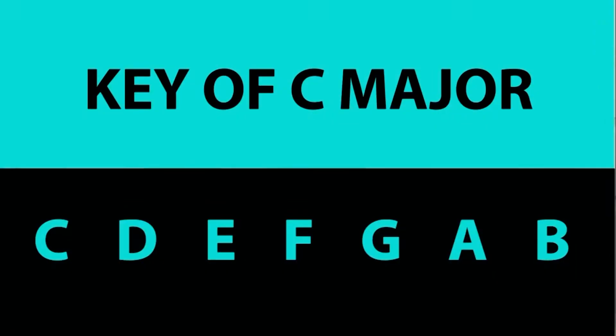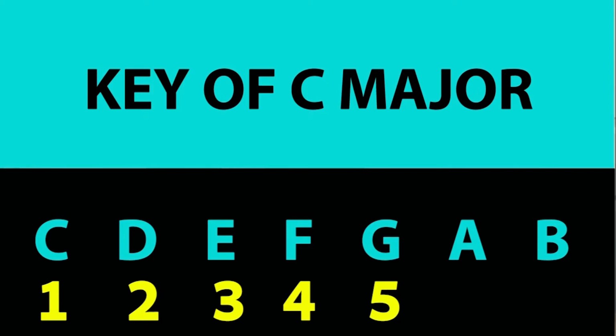Using scale degrees is like a Rosetta Stone. If we want to talk about scales in general, it can get confusing very quickly if we just reference note names and different keys only. Each note in the scale can be referenced by the number order that it appears in the scale. C is our tonic, that's 1. D is our second scale degree. E is our third. F is our 4th, G is our 5th, A is our 6th, and B is our